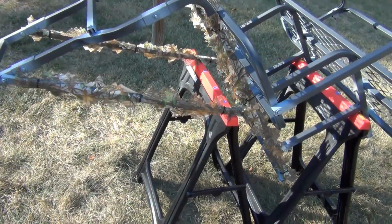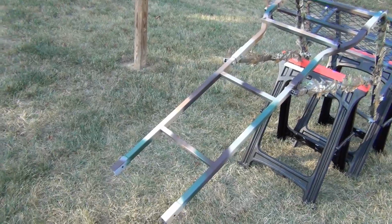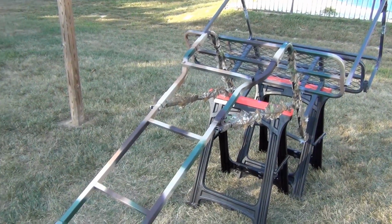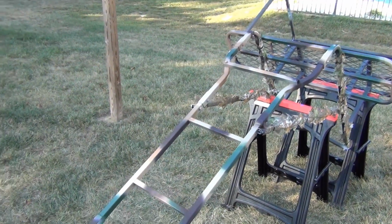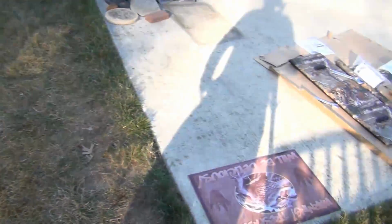So I'm just probably going to hit a couple more spots. Well, here's the top. I just splash a color on, basically what would be the old style woodland camo. And really two things: one, to break up the silhouette, and two, to put an extra coat on the powder coat itself, just to keep the stand from rusting. Over here,